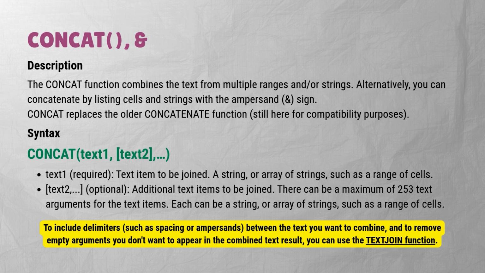But if you want to do something like that, use delimiters like spacing or ampersand between each value that we're trying to combine. You can use the TEXTJOIN function. It also allows you to remove empty parameters. So for example, if you have empty rows in the column that you want to concatenate, then you have to look to TEXTJOIN. It's still quite simple syntax for TEXTJOIN, so I'm not gonna touch on that here, but let me know if you want to see more examples including this function,